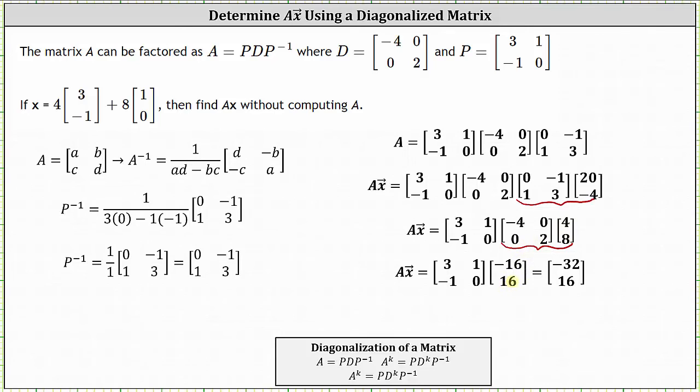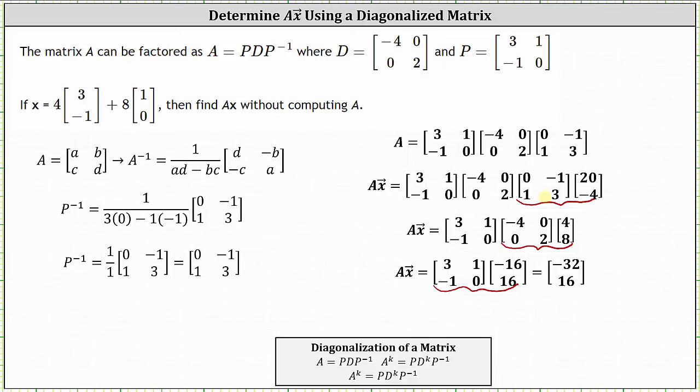And then finally, we'll multiply matrix P and the vector (-16, 16). The first component is 3 times negative 16 plus 1 times 16, which is negative 32. And the second component is negative 1 times negative 16 plus 0 times 16, which is 16. So we did find matrix A times vector x without computing matrix A,